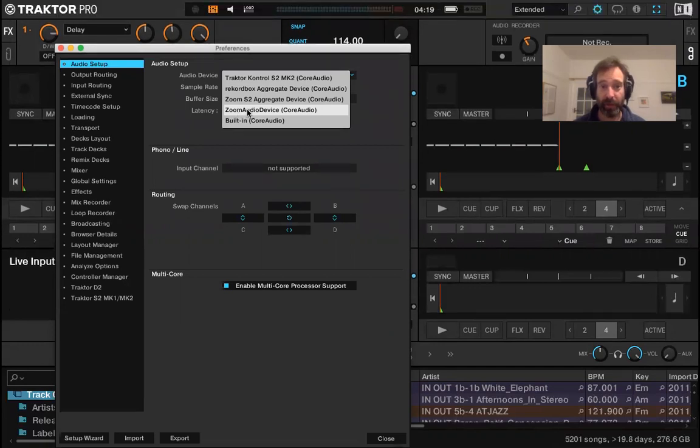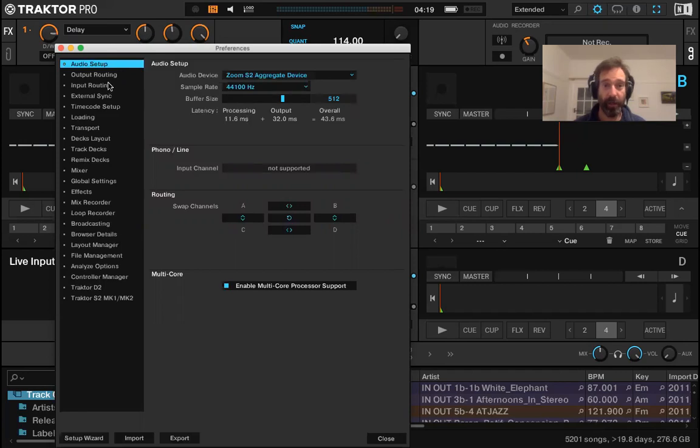But you can now see that I've got this extra option here now, the Zoom S2 aggregate device, which combines this one and this one into one device that we've just created. So I'm going to select that as my audio device. And then I'm going to go to output routing,